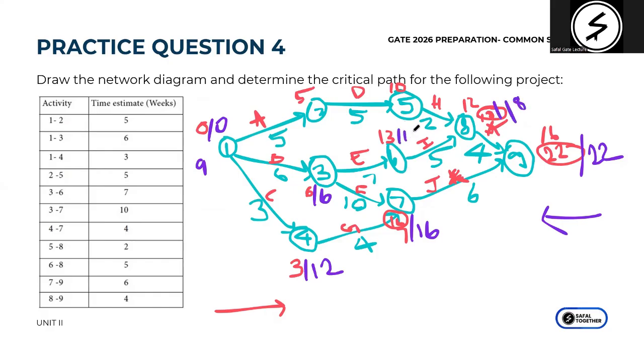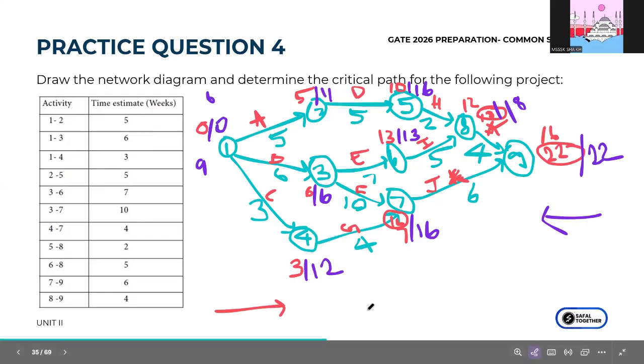18 minus 5 is 13. 13 minus 7 remains 6. And then this part is left. So 18 minus 2, right? H, meaning the 2 of 5 to 8, yes, 18 minus 2 is 16. 16 minus 5 is 11. 11 minus 5 is 6. But then this is the least, so you take 0. Okay. So now what you have to do is basically identify wherever